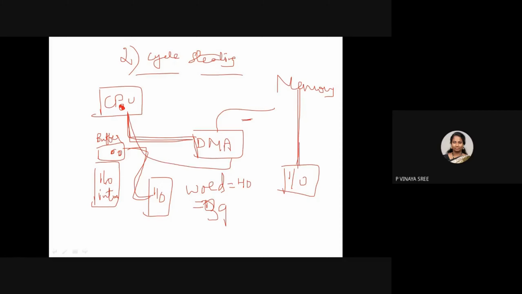Again, when the word is ready, it transfers the word from IO to memory, and again it releases the bus soon after transferring that particular word to the memory. Why? Because meanwhile the next word will be filling in from the external peripheral, and you will be transferring it into the buffer. So now it is ready. Now if it is ready, then DMA will give a request to the bus again.